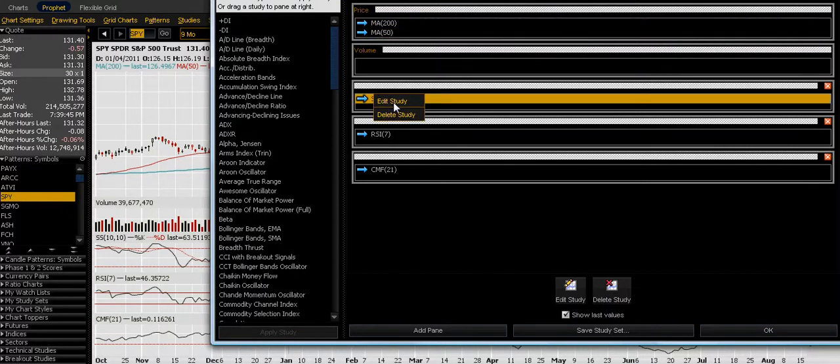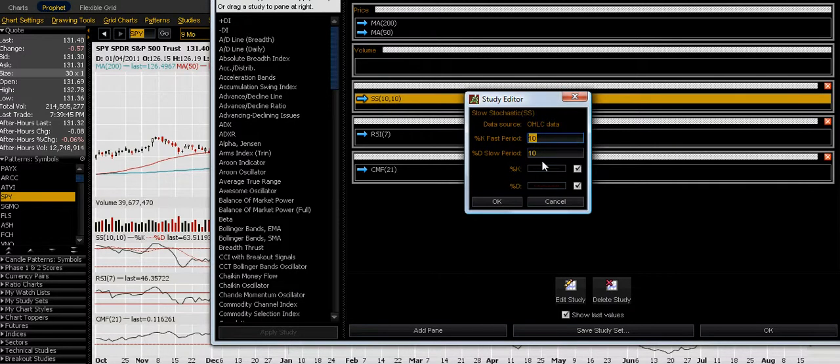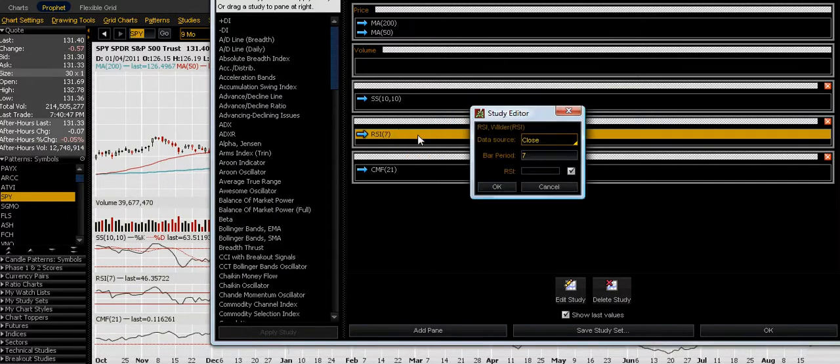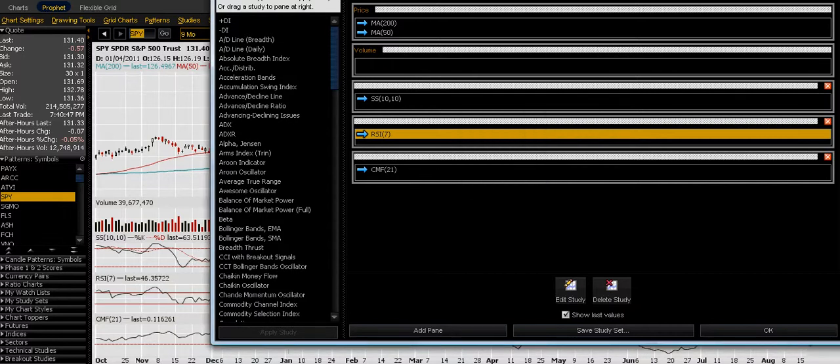The slow stochastic, I use a 10-10 for each period for the K and the D. Those are just the different lines. That one's giving me basically an intermediate term average. And then I will use the relative strength index. I will use 7 days. The intermediate term one is normally 14, but I prefer to use 7 because, well, here,